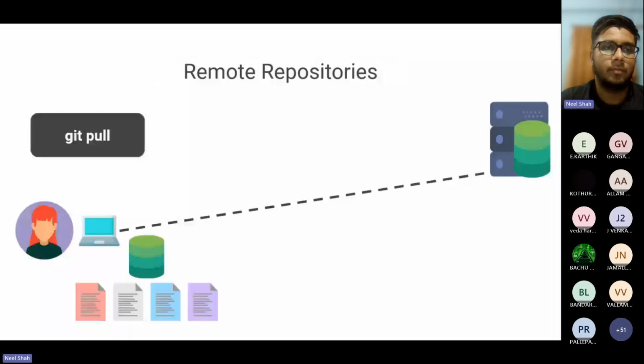So what does git pull do? Whenever someone gets to touch the repository after some time, there will be many changes on the original repository. So what will Mary do? Git pull. It will pull all the changes which have been done by Tom, or can be done by anyone.